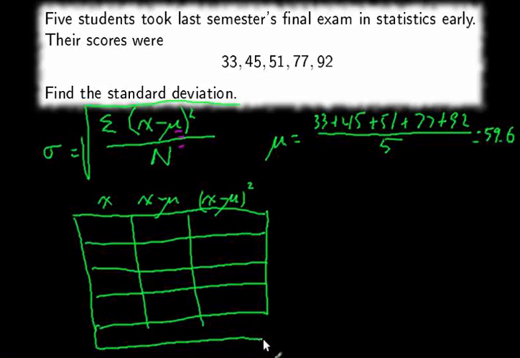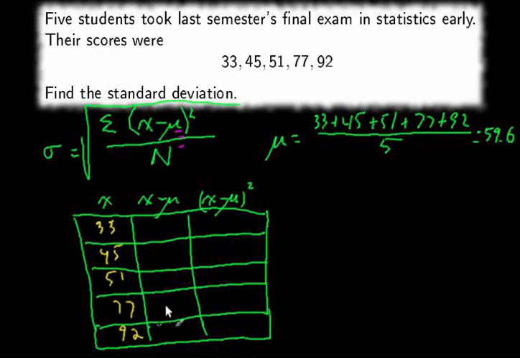Gonna make one more row. Okay, for x equals 33, 45, 51,